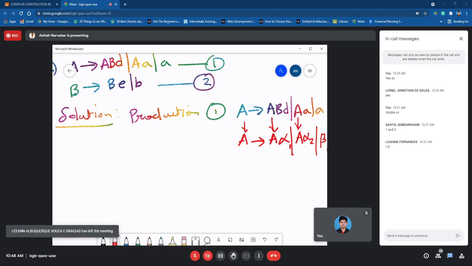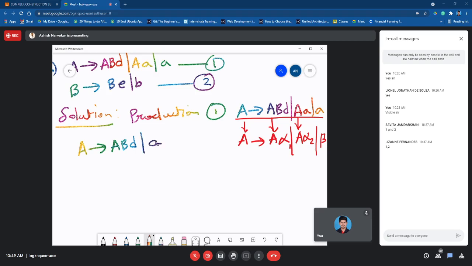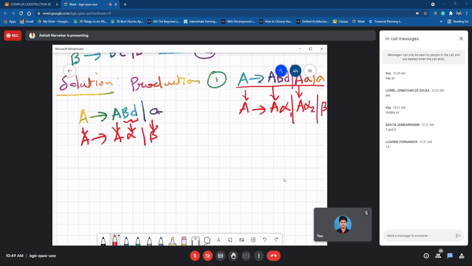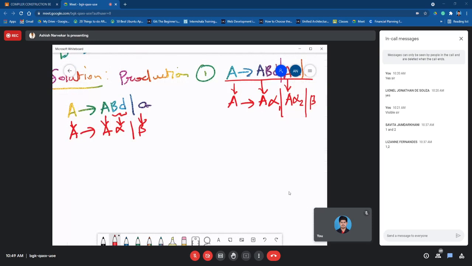So right now we'll just focus only on this particular production. Okay. So now what we can do in this particular case is split this into two parts. When I say split into two parts, out of this we'll take A derives A B D first or A. Okay. So now what we get is the form A derives A alpha or beta. This is our A, this is our A, this is our entire alpha, and this is our beta. So to write this production in the form of, please, I believe that you all are noting down definitely.